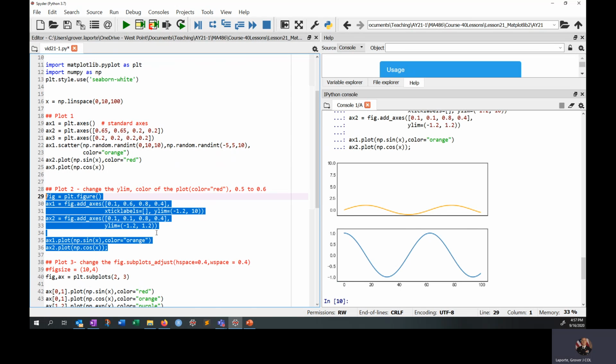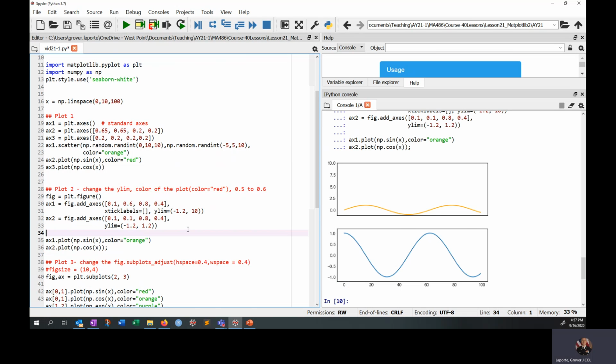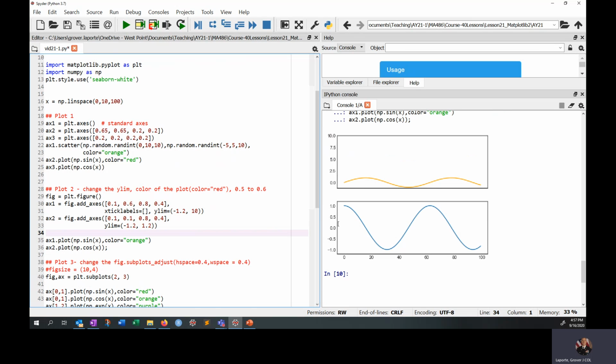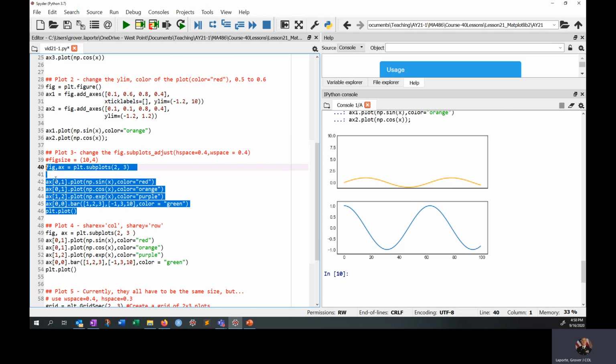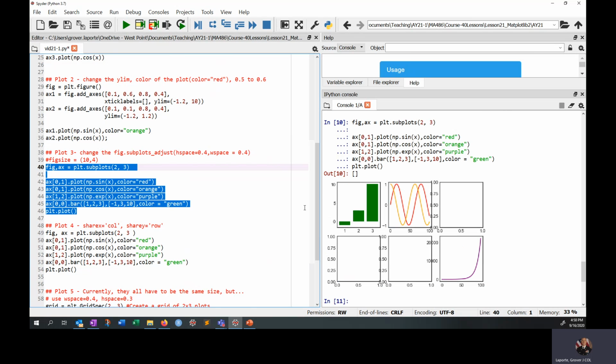All right, so you see kind of how that's working. Is there anything else that we wanted to do? I changed the y limit, I changed the color. We go for 0.5. Okay, so you can see a little bit how that works, right? I can have different y limits and still share the same axes, or I'm sorry, the x-axis. Okay, let's see what happens with plot number 3 here. So plot number 3 starts off